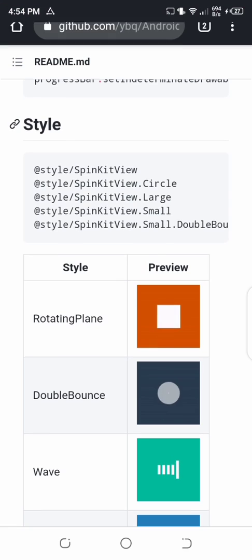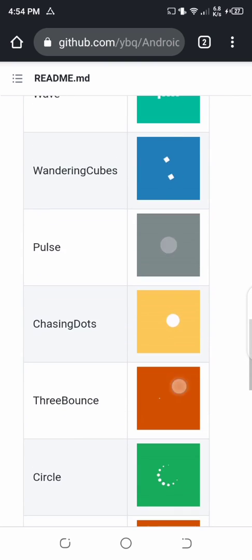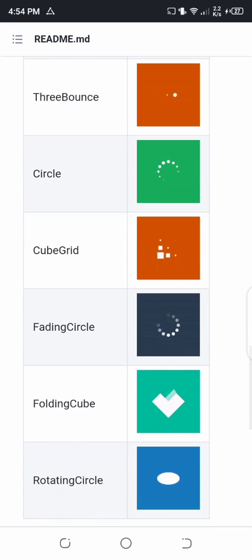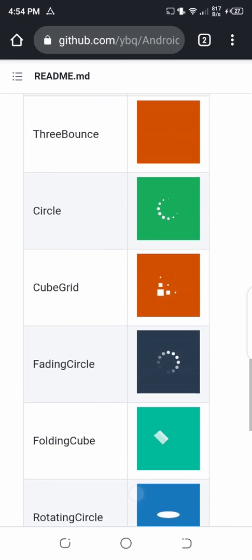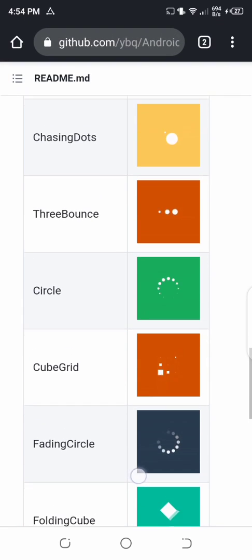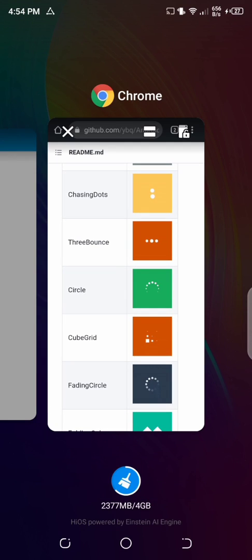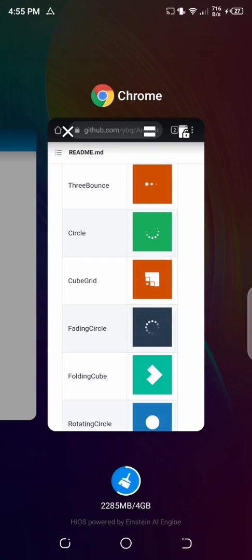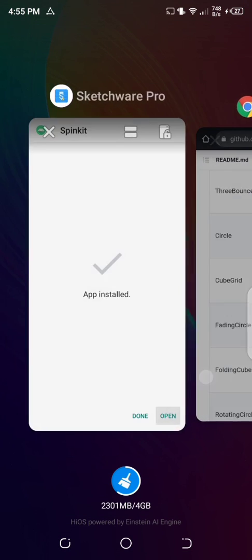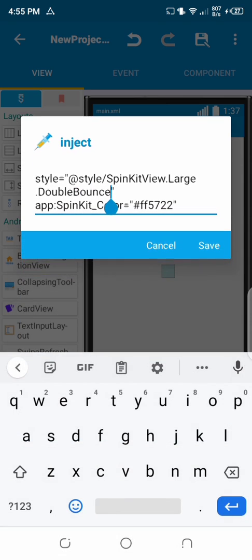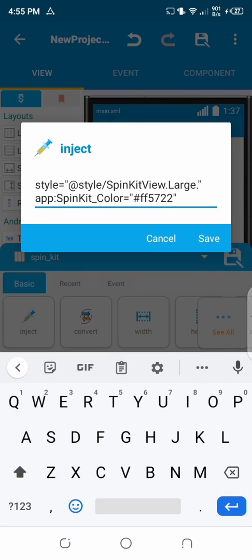Let's try another one. Let's see which one I like. Folding cube. Let's try folding cube. So the logic is the same. All you do is choose the one you want and replace the style. So let's try, which one did I choose? Folding cube. Okay. So we go with folding cube,